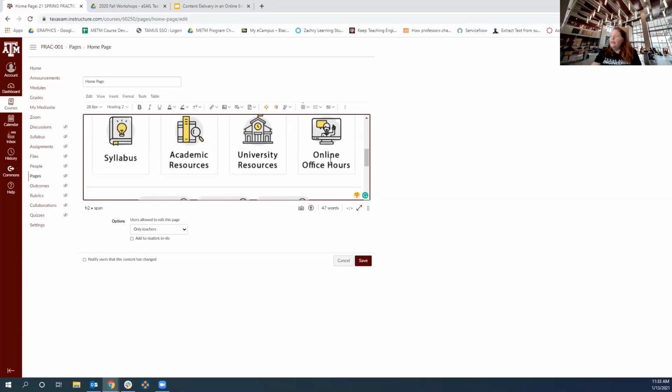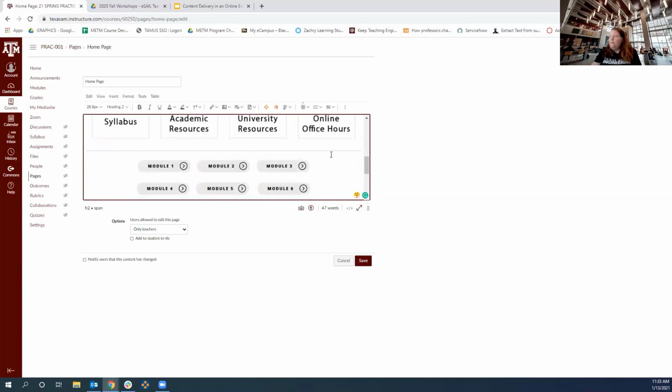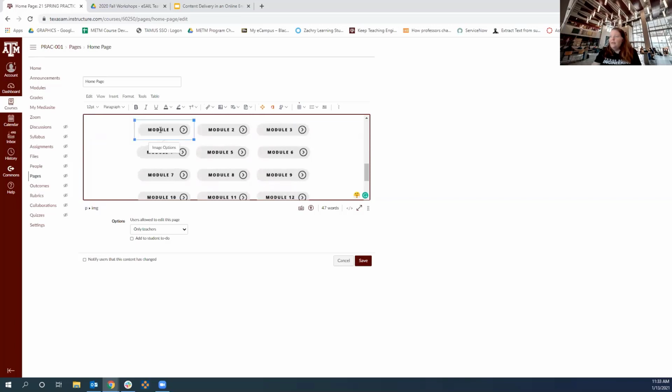And then this online office hours, and that's something when you click on that page, when you're not in edit mode, you want to go and investigate that and change that text as well. The other part are these images, and right now there's nothing linked to it. So when you first open up your course, these go nowhere. So you're going to want to go in and create those links. So I can do that as I did before, where I can link to the document, but I can also link to an external link or a course link.